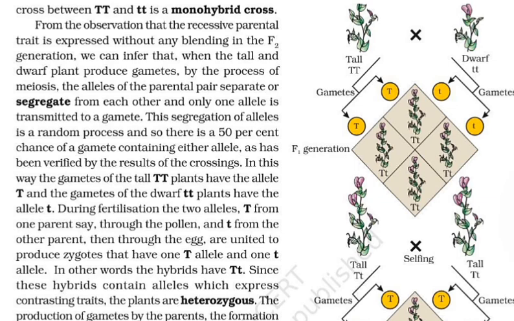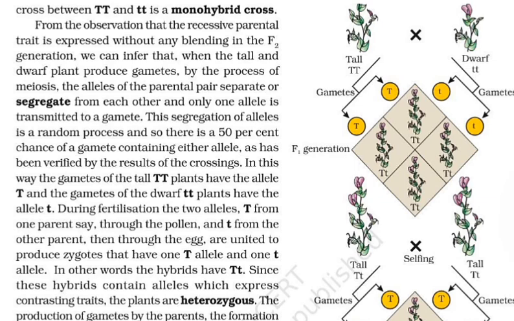The Punnett square shows the parental tall, that is capital T male, and the dwarf, small t, that is female plants, the gametes produced by them, and the F1 capital T small t progeny. The F1 plants of the genotype capital T small t are self-pollinated. The symbols, a circle with a plus below it and a circle with an arrow above it, are used to denote the female eggs and male pollen of the F1 generation respectively.